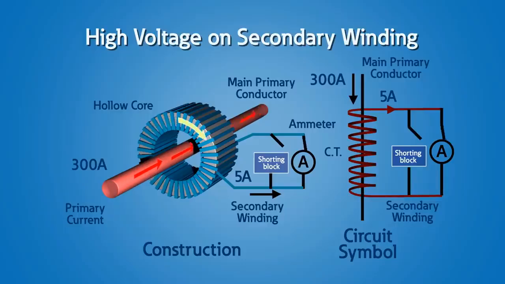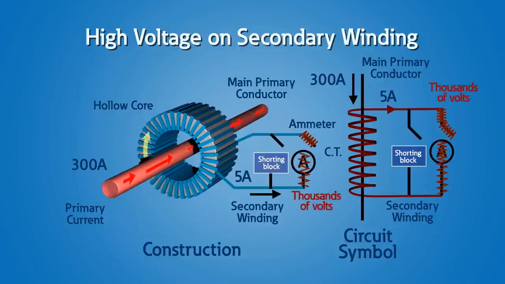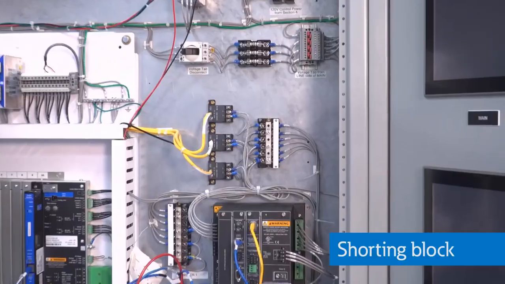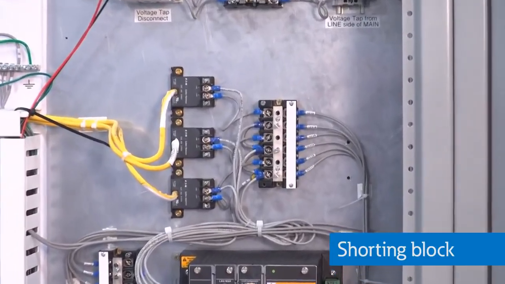But even though the current steps down 300 amps to 5 amps, the voltage will step up on the secondary winding. An open circuit on the CT secondary winding can have dangerously high voltage of thousands of volts. When CTs aren't in use, they should always have their secondary winding shorted for safety by using a shorting block